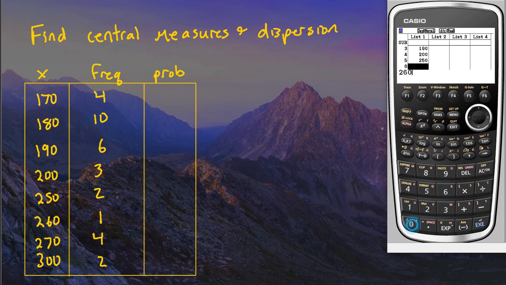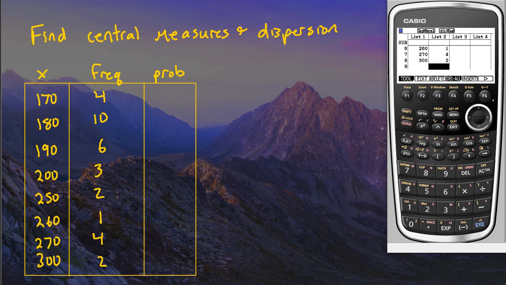So I'm going to finish typing this in, and then we'll have only one more example after this. So 4 times for the 170, 10 times, 6 times, 3 times, 2, 1, 4,